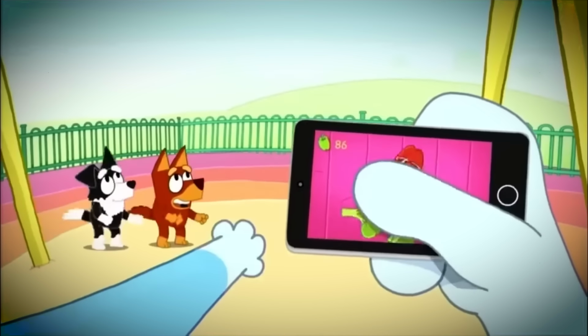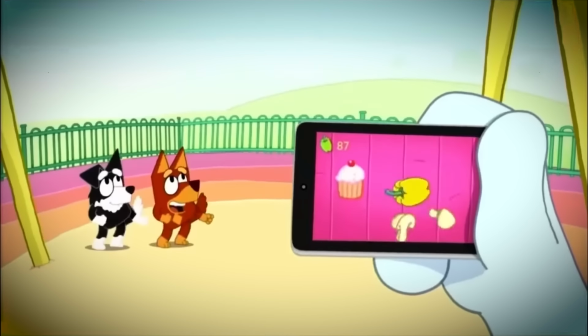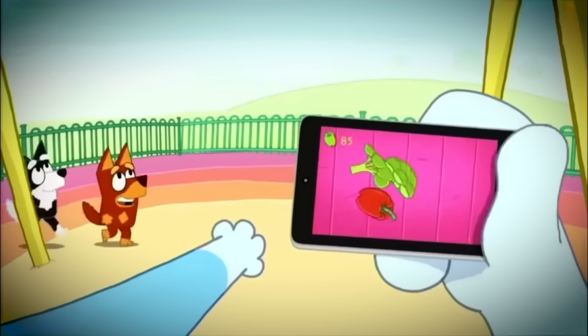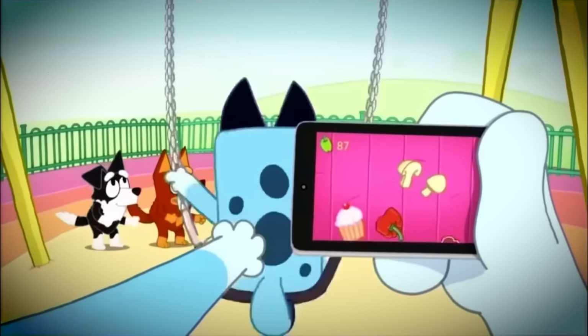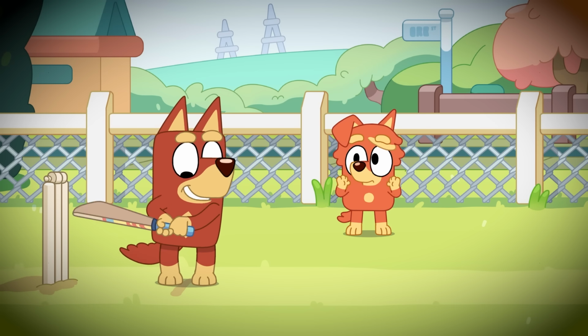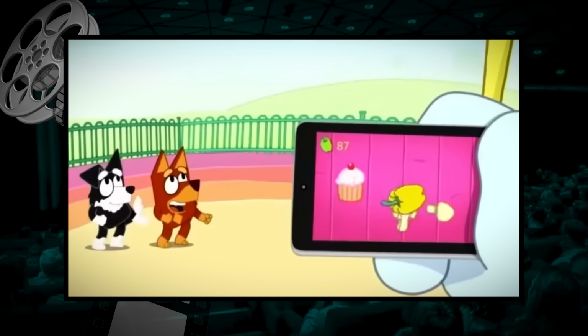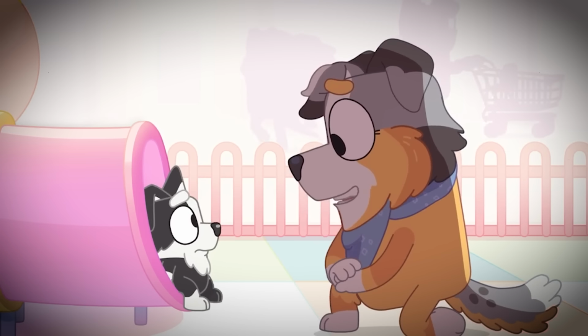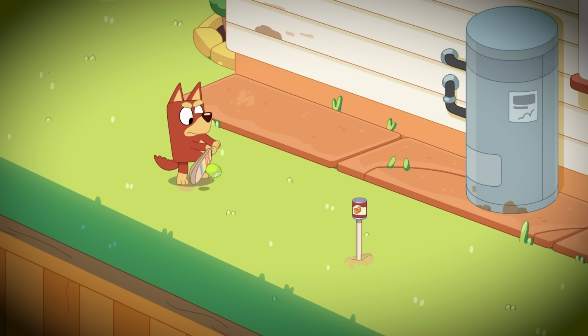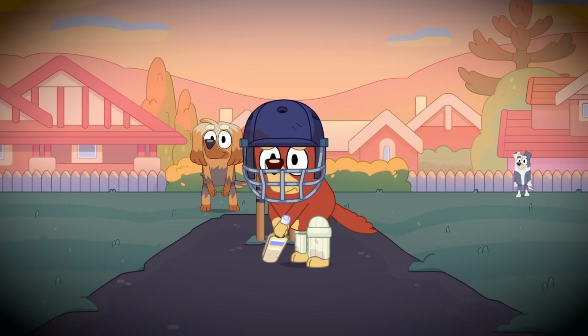Bluey sees her friends arriving at the park and calls out to McKenzie, who we all know as the black and white border collie. But in the 2016 pilot, the one who answers Bluey is actually a red Kelpie, who in the official show we would later come to know as Rusty. This happens because the border collie didn't yet have a defined name, and the show's creator thought the name McKenzie suited Rusty, who wasn't even called Rusty back then.